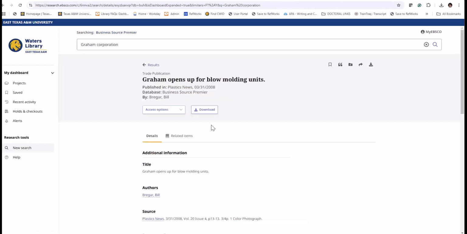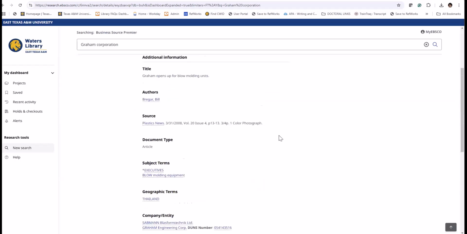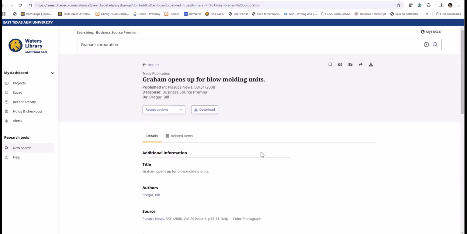For example, if I click on the first one, let me tell you about access options. If we didn't filter by full text, we may not have access.